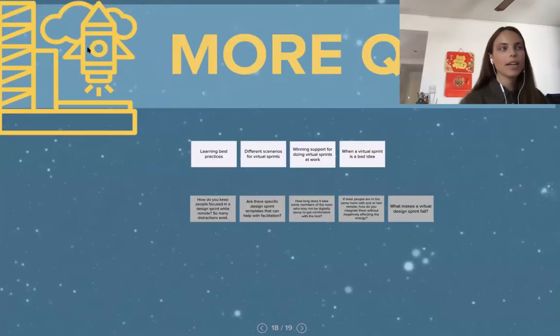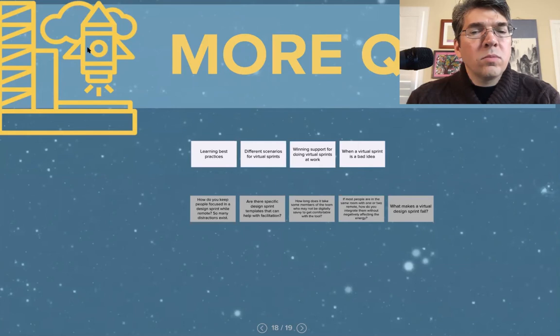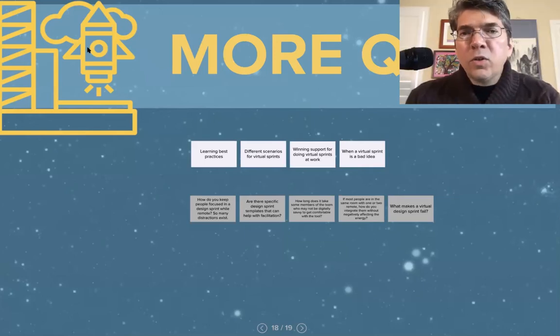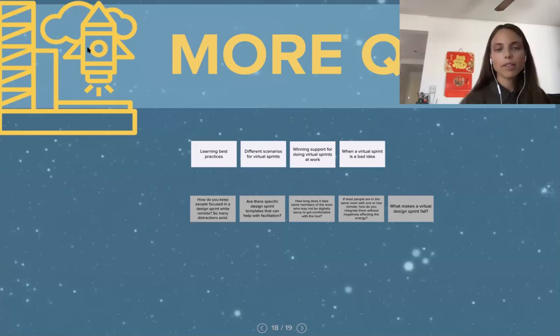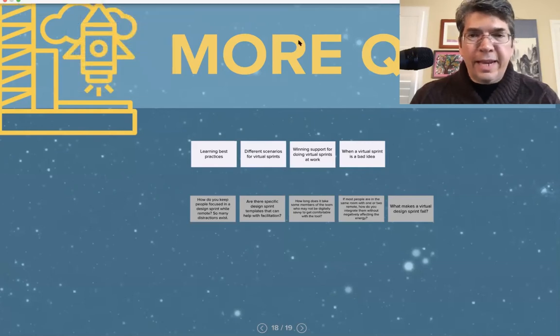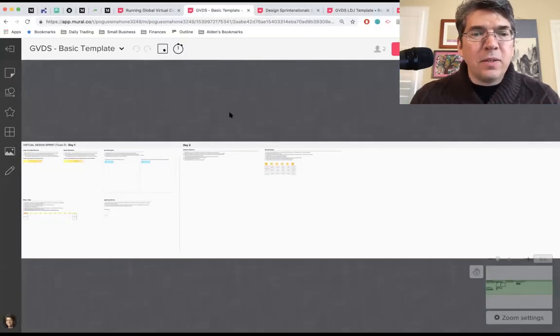Perfect. We had a couple of follow-up questions on the template, or the Mural, that you showed. So Jennifer is wondering, which activities would you recommend to do as a full group, and which ones would you recommend to do alone as solo work? On the virtual sprint, like the full boat we did for the pilot. Yeah, and maybe on the other one as well, if you have any recommendations on that. Sure. So let me get out of full screen again. Let's go back to the basic template.